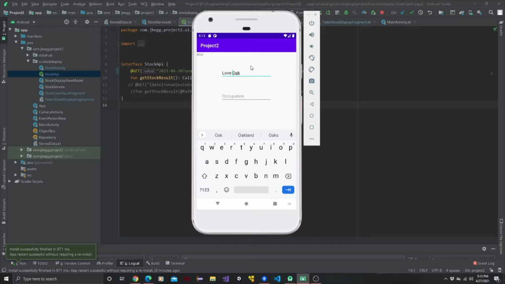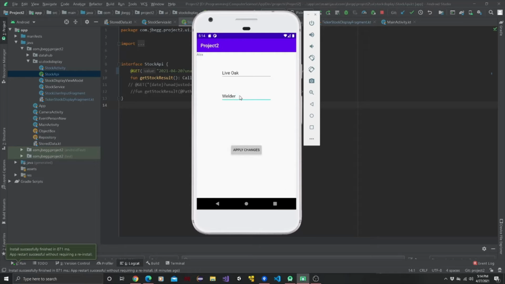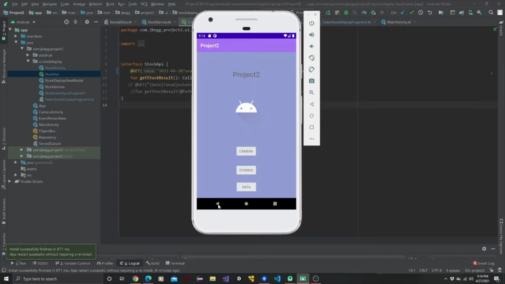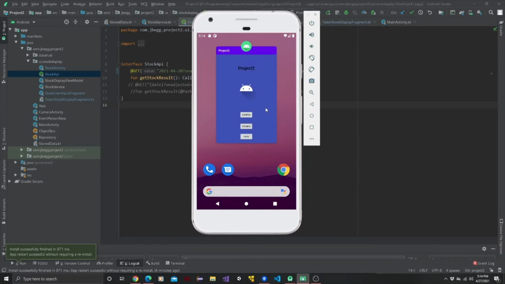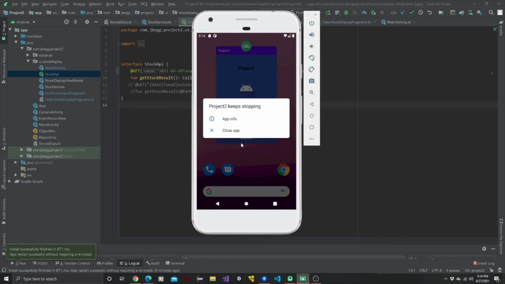And I'll be able to enter his occupation. If I hit good and apply changes, it'll kick me back to